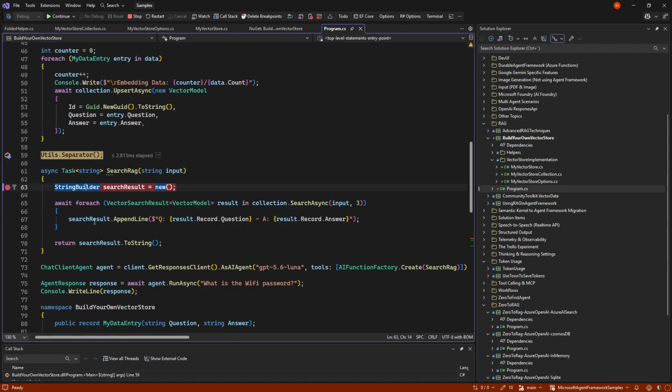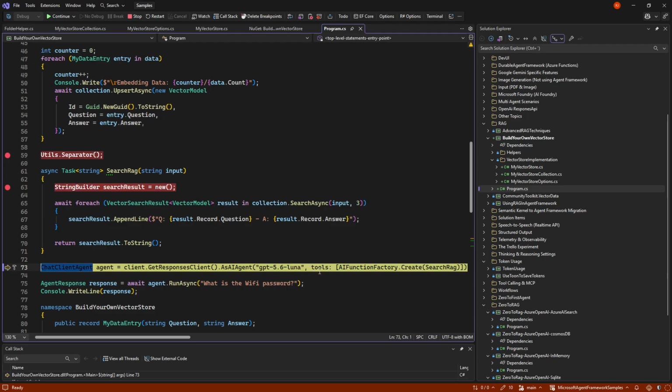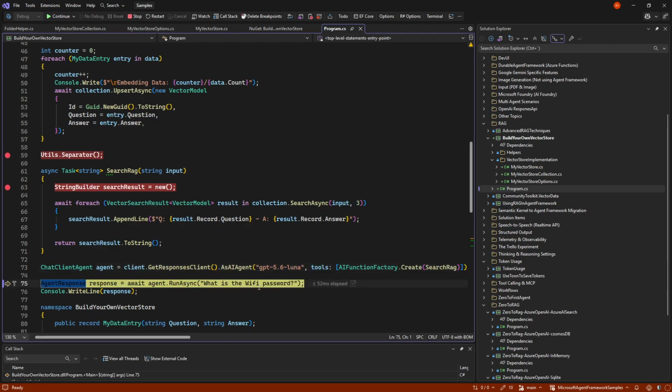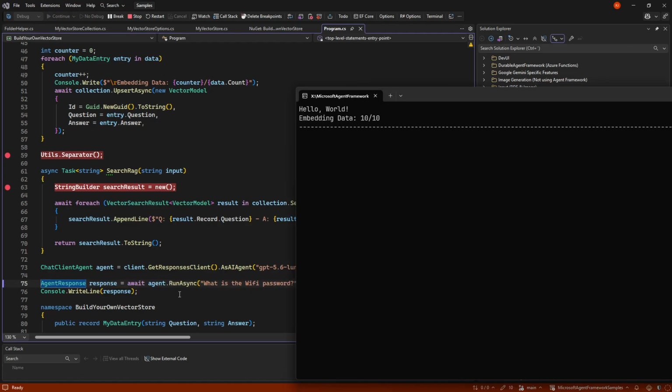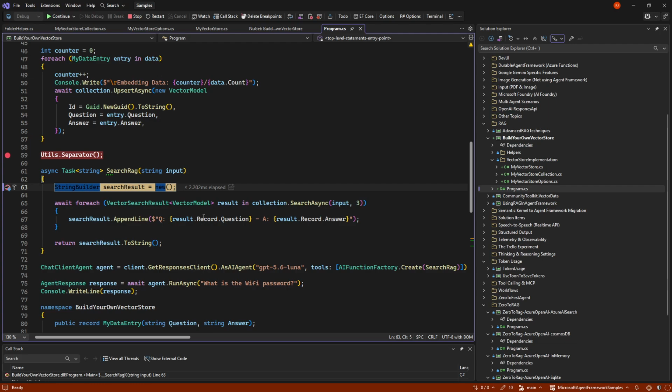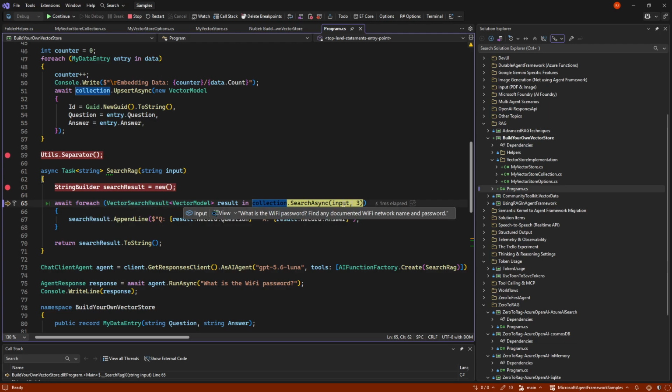And then comes our search. So we put in our search tool here so we can see when the AI begins to use that search tool, how things will work. So we'll ask what is the Wi-Fi password against those 10 records we have in our vector store now, which is just 10 files. And here we go in and use the collection.SearchAsync. We search for what is the Wi-Fi password. In this case, the AI put a little extra in. And we want to have 3 of them back.